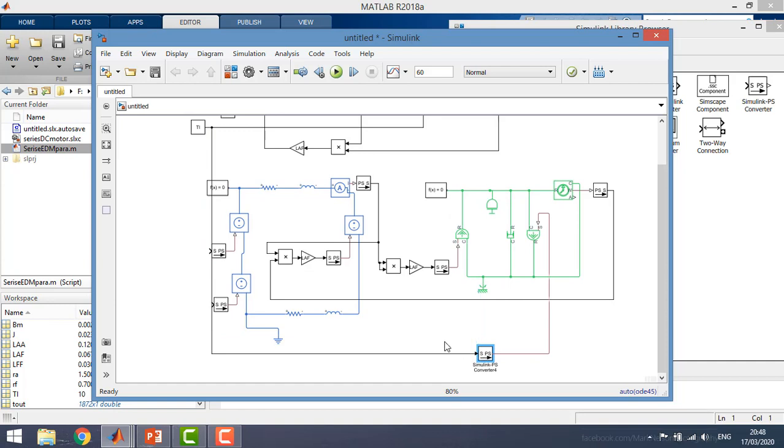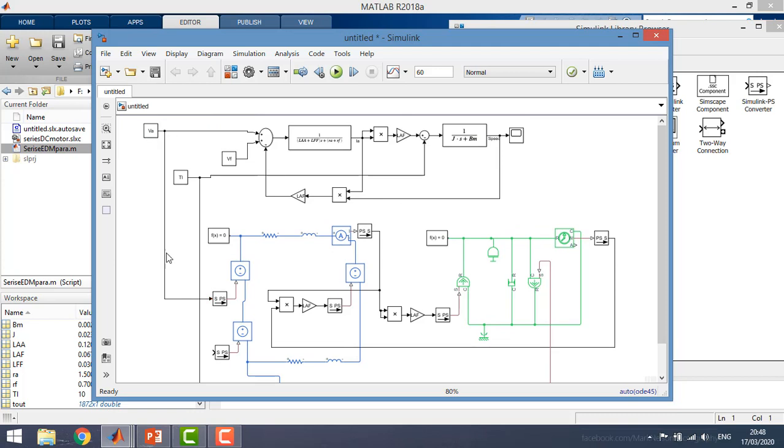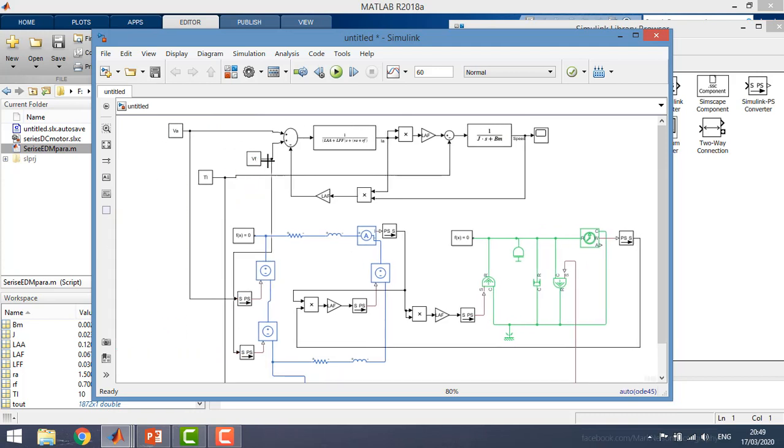Okay, brilliant. Let's just put this one a little bit further, and so we have the armature circuit, the field circuit,